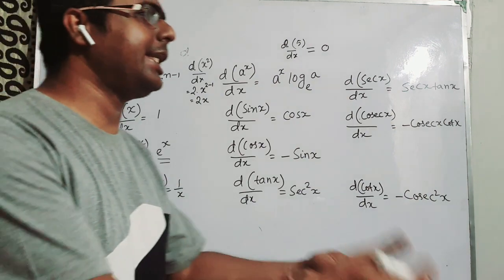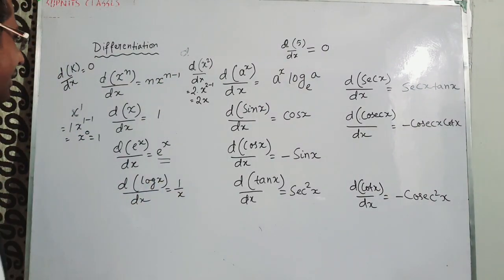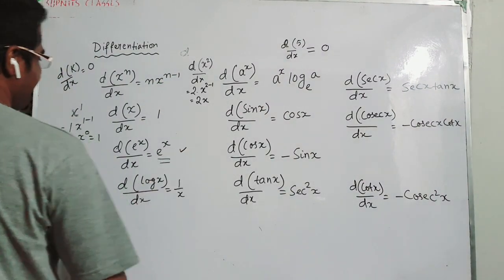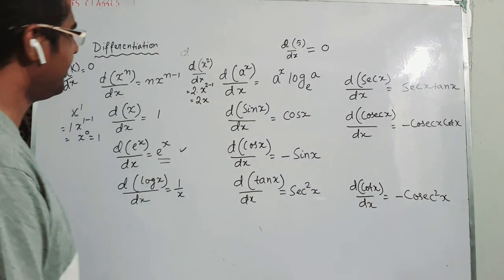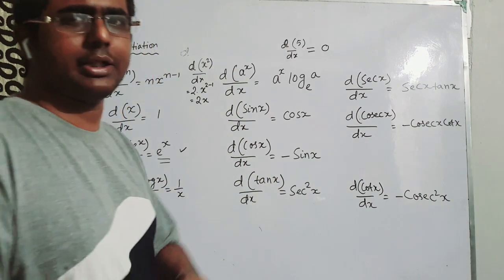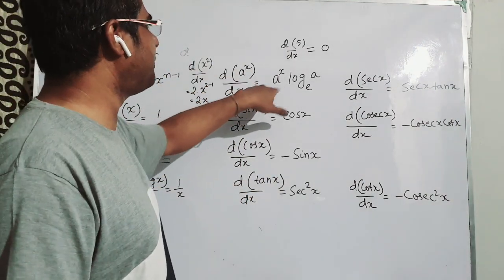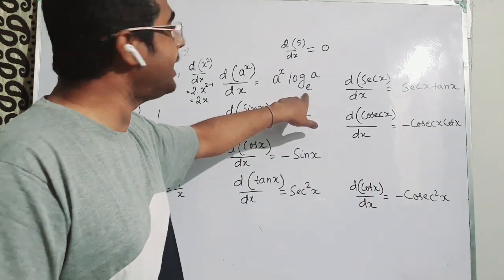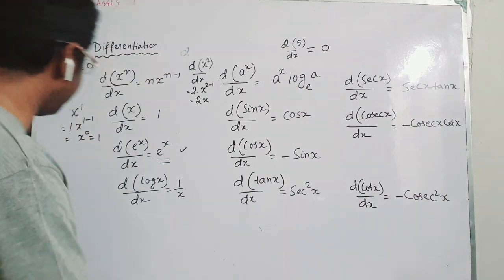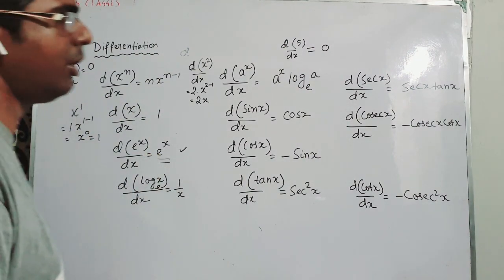In fact, in life, you also have to remember all these things. Every time you are not going to derive all this, right? So this one you need to remember, very important. If you differentiate log x, you will get 1 by x, okay? Important ones only I have taken, I have not taken the whole lot. d of a to the power x by dx is a to the power x log a, okay? But the base is not 10, it is e. Remember, this is also e. This is not log base 10 of x.